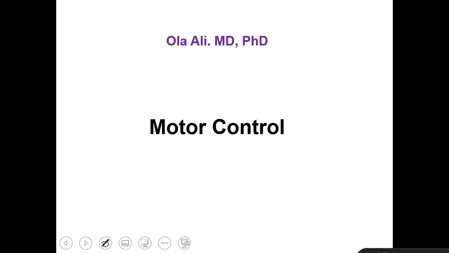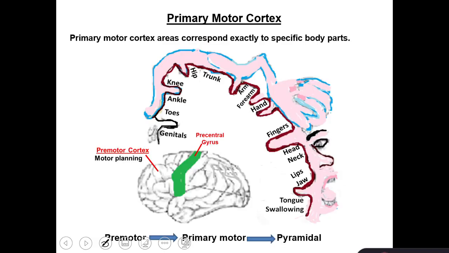So for our skeletal muscles to move, we need a contribution between different pieces: the primary motor cortex in the cerebral cortex, the basal nuclei, the cerebellum, the brainstem, and the spinal cord. However, at the highest level is the primary motor cortex. Remember that the precentral gyrus in the frontal lobe has the primary motor area, and here our skeletal muscles are